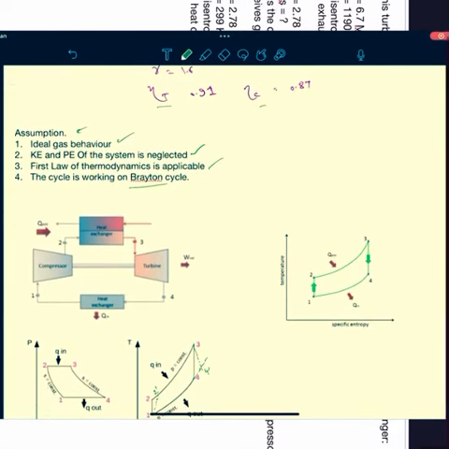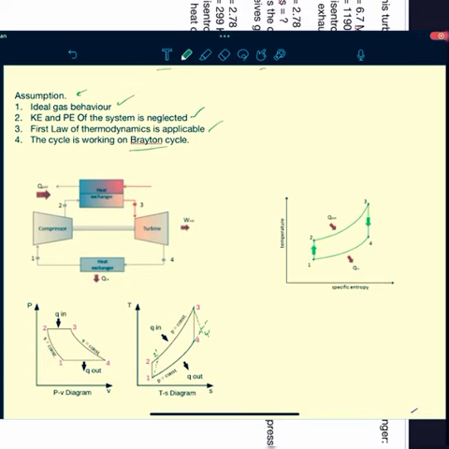So in the Brayton cycle we know we have two processes, constant pressure and reversible adiabatic. So the two processes will be used in a simple Brayton cycle. 1, 2, 3, 4 on the TS diagram is our ideal Brayton cycle, but our actual will be 1, 2 dash, 3 and 4 dash. Here in this temperature entropy diagram, this diagram is actually wrong. I will tell you the reason later why this diagram is a little bit wrong.